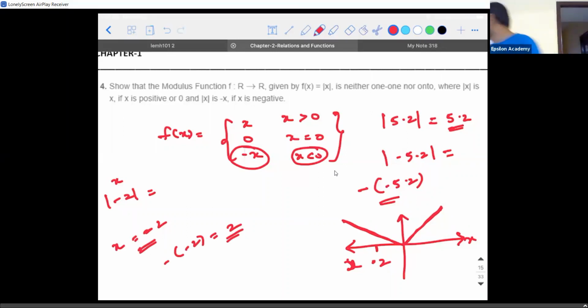So when you look at the graph, this is the graph for these. This is the graph for y is equal to x. Y is equal to x is a straight line passing through the origin with a slope of 45 degrees. Y is equal to minus x is also a straight line passing through the origin with a slope of 135 degrees. X is equal to 0 and y is equal to 0 is obviously at this point. This is the graph, have it in your mind. This is also important.